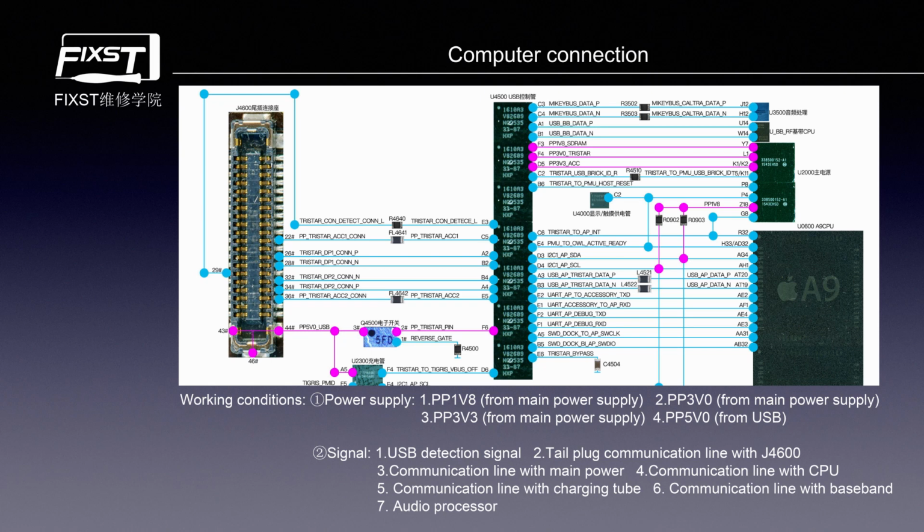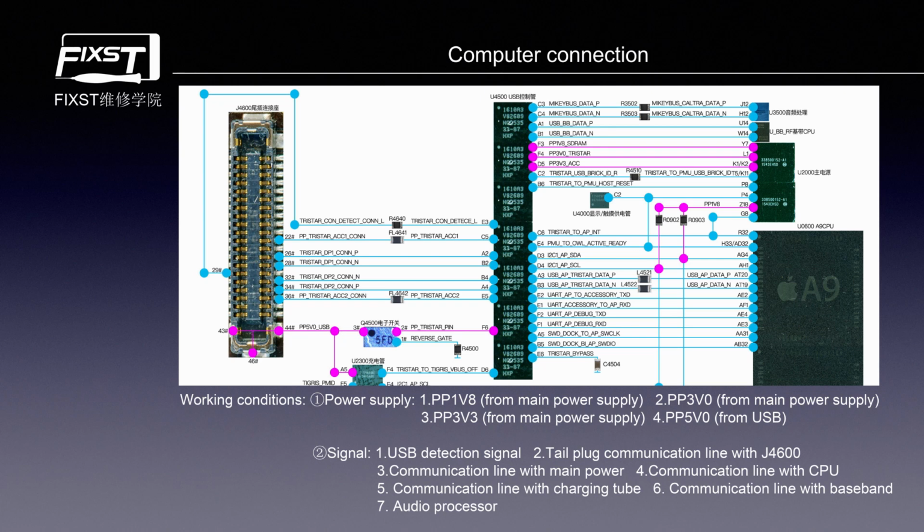So we are talking about the F6 pin of the U4500 USB control IC, the red line on the right side of the IC. This is the 5.0 voltage from USB. Only when we plug in the charging cable will this line have 5.0 voltage. When we plug in the charging cable, the power is sent first to the connector pins 14.3 and 14.4. And as you can see, the white lines in this position: